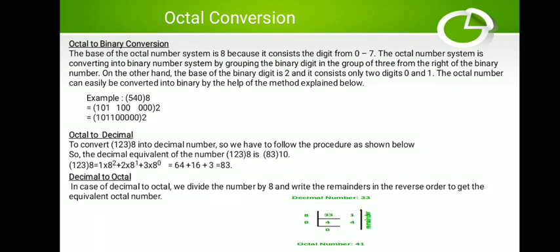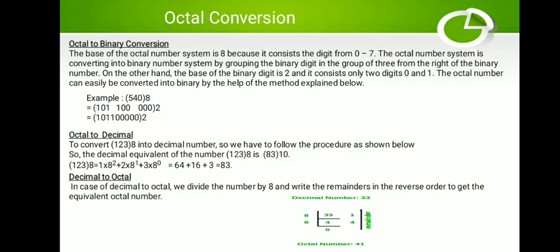There is one example shown here, where we are dividing the number 33 by 8. First divide 33 by 8, we get the remainder as 1. Then divide 4 by 8, we get the remainder as 4. So then what will be our octal representation of the given decimal number? That is 41.